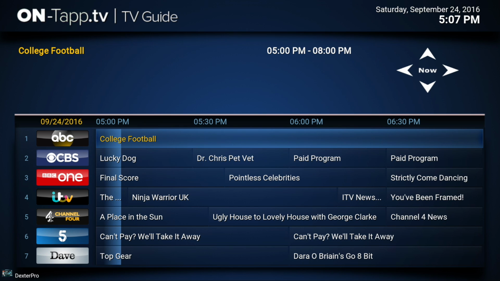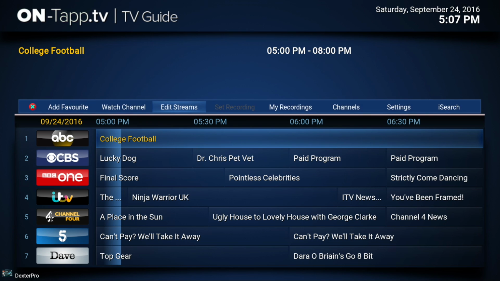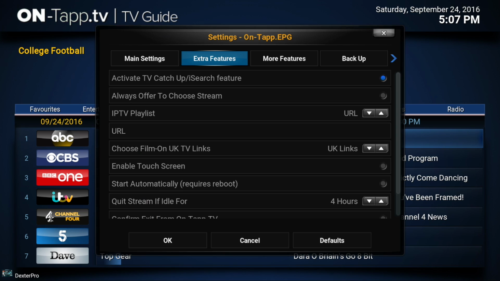So if I just quickly go to the settings, I'll show you, this setting is going to be turned on by default for any new users. The next release I'm going to put out with this feature in, this will be turned on, but you can always turn it on and off in the settings. So you go to extra features, then there's this setting here called always offer to choose stream. So if you turn that on and OK the settings,